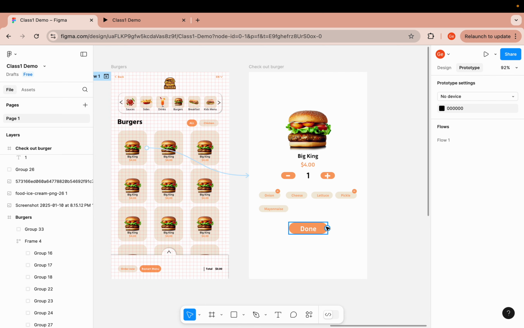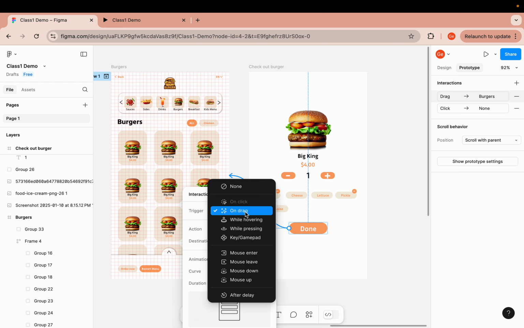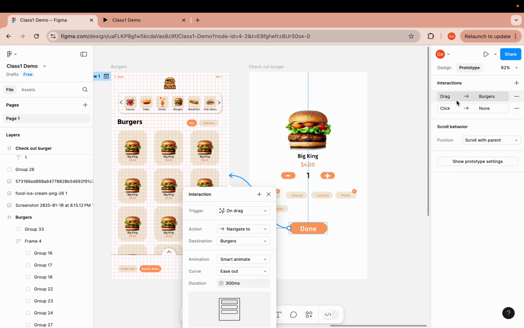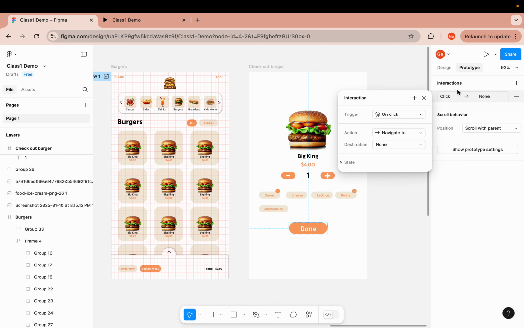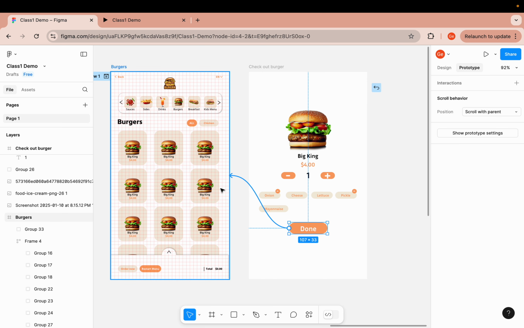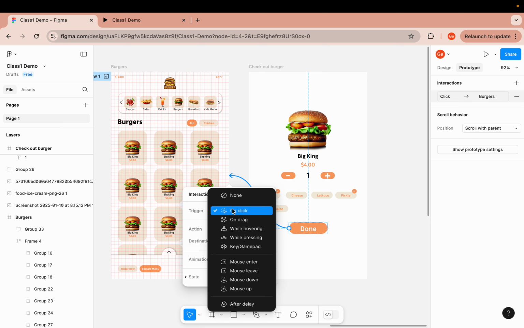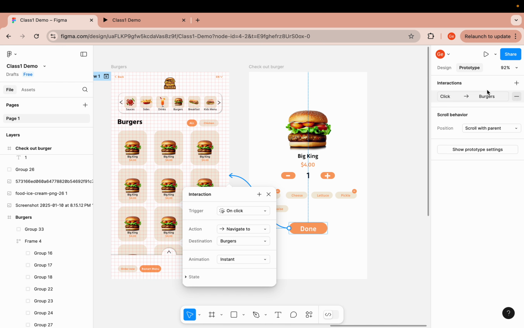Yeah, so for the done button, we'll just click, lead it back, point it back to the previous page, which means on the trigger, I'm going to delete the interaction and set it again. So point to the burger page, make sure the trigger is on click, right? So if there's no on click showing up, you will need to just delete the interactions from here and reset it again,